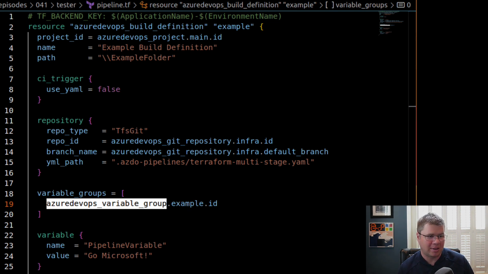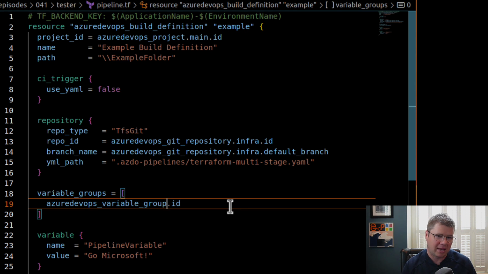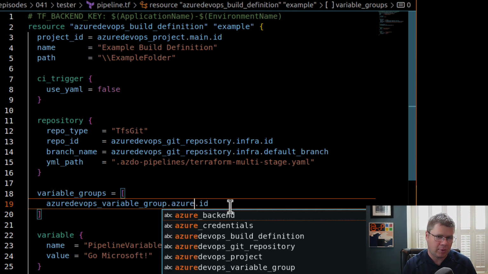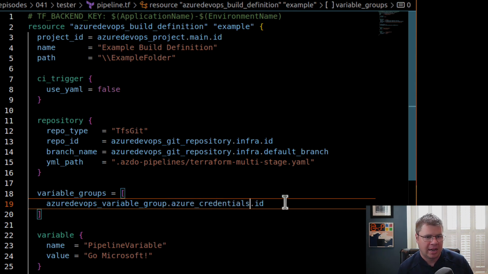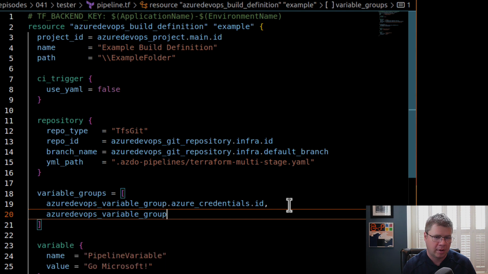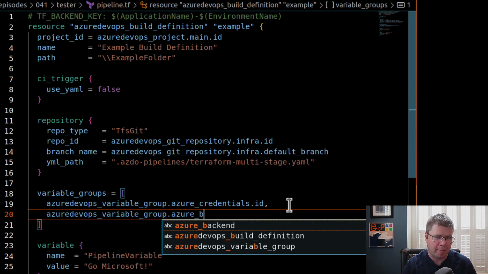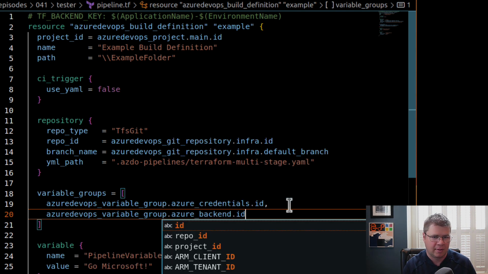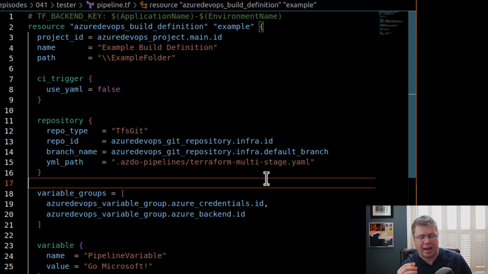So let's go get the variable group. I think what is this called? Azure credentials. Yeah. And then this is an array, so I'm going to just add another one. It's going to be Azure DevOps variable group, and it's going to be Azure backend.id. And so now, right off the bat, I've saved myself,